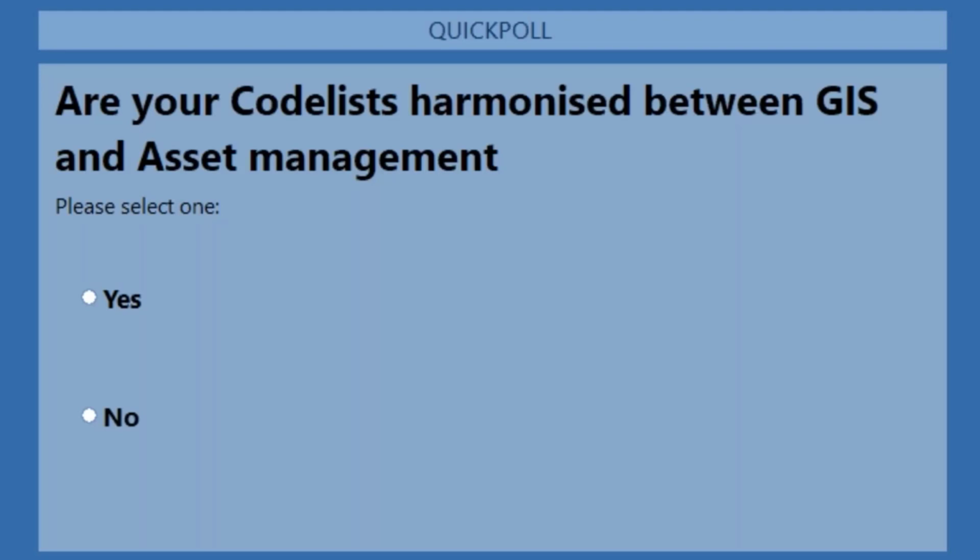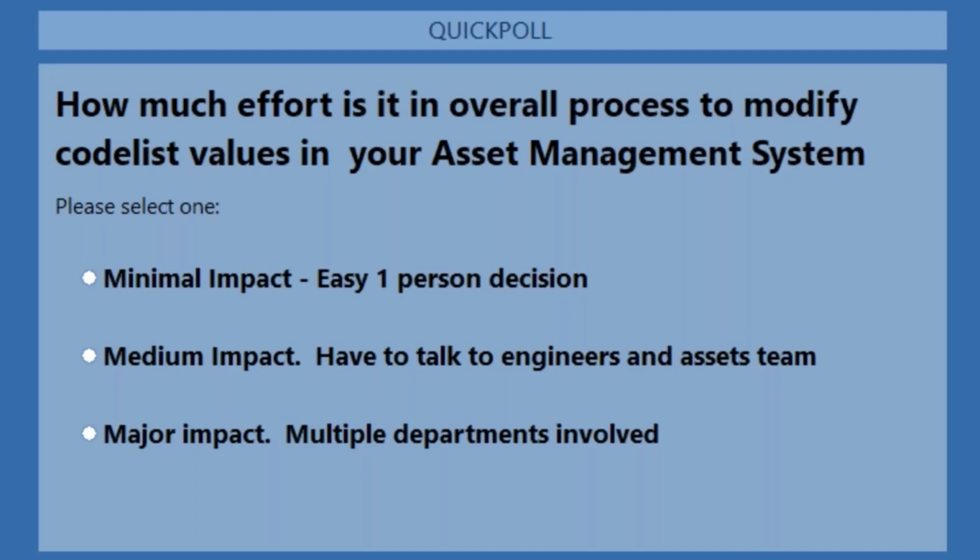So it is harmonized by the GIS and asset management system, so that is good. The third thing that I would like to know is how much of an effort is it to actually introduce something new into the GIS and asset management system? So is it something that you can just go and add, a one-person decision-making process? Or is it a bit more difficult, where you've got to go and talk to engineering teams? Or is it quite a big job, where you've got to look at the impact on your calculations for your asset valuations, there's quite an involved decision-making process, and you also have to get IT involved, for